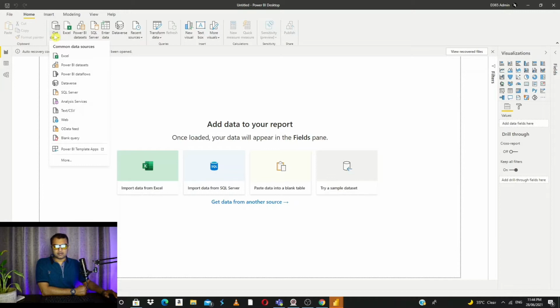Here in get data, we have multiple options for our report database. For our example, there are multiple ways to connect to D365 Finance and Operations. Either we can go with OData feed, or we can go with one more connector.